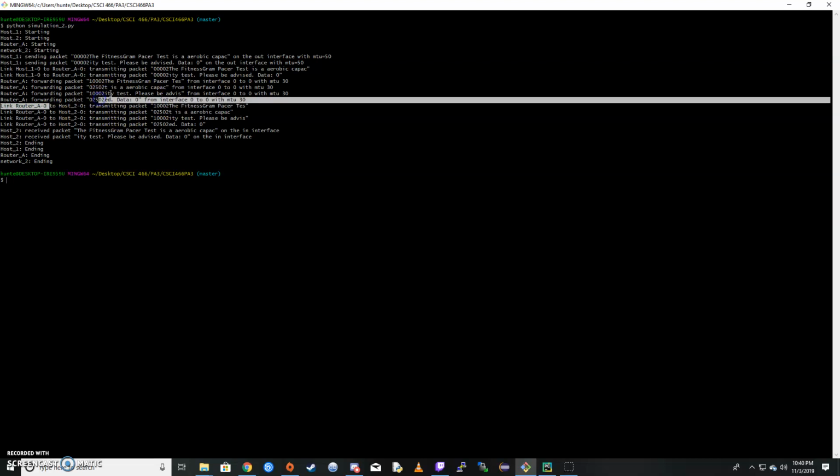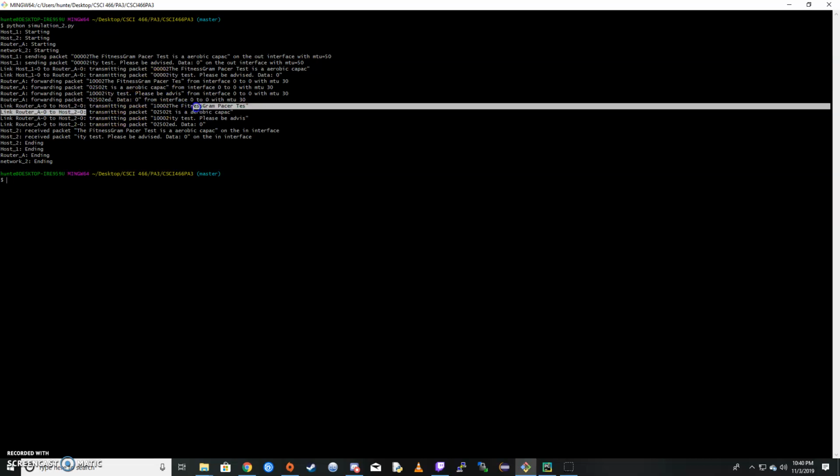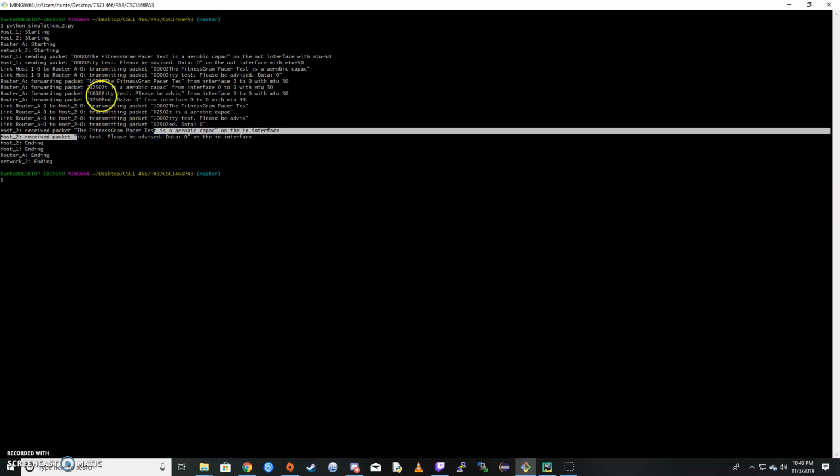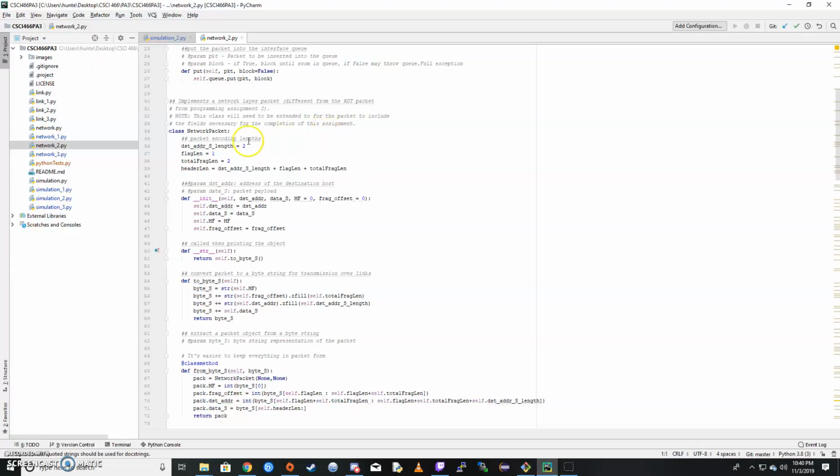So now the packet's been fragmented and it's able to go over the link. So they're all going over the link. And here, the packets got reassembled. So, bam. Here's this. That got reassembled here. And this got reassembled here. So, looking at the actual code itself,